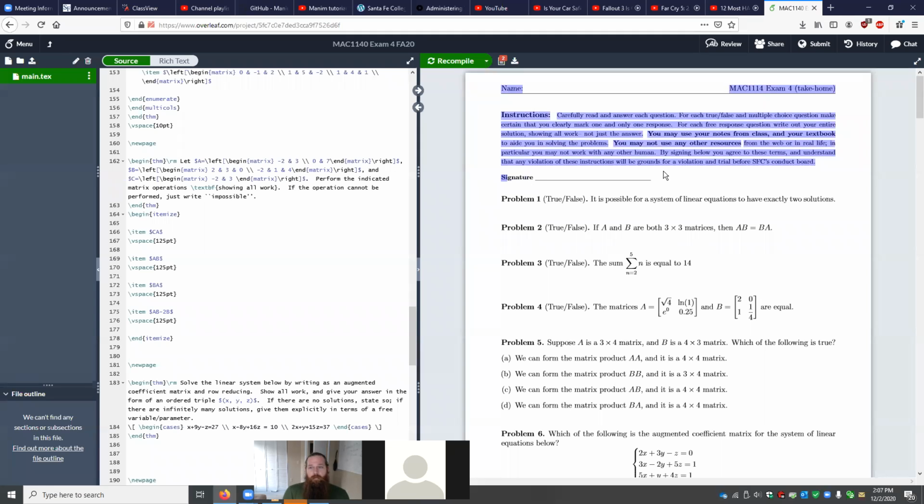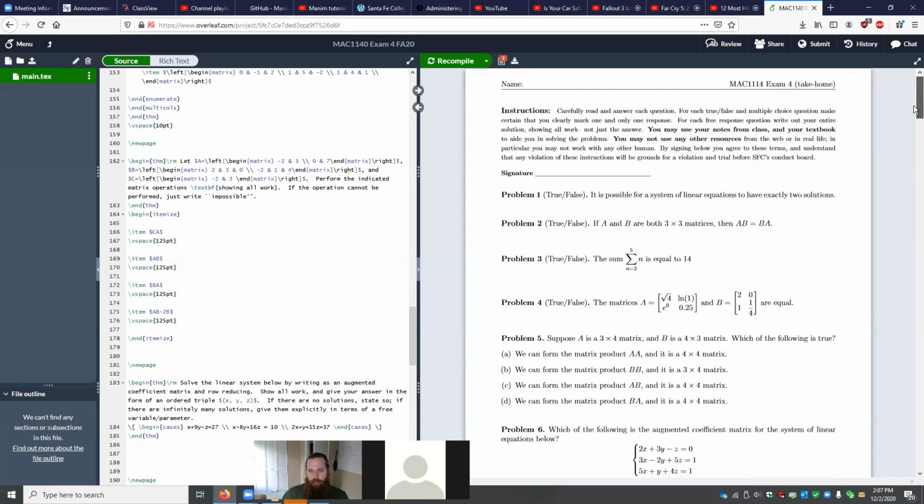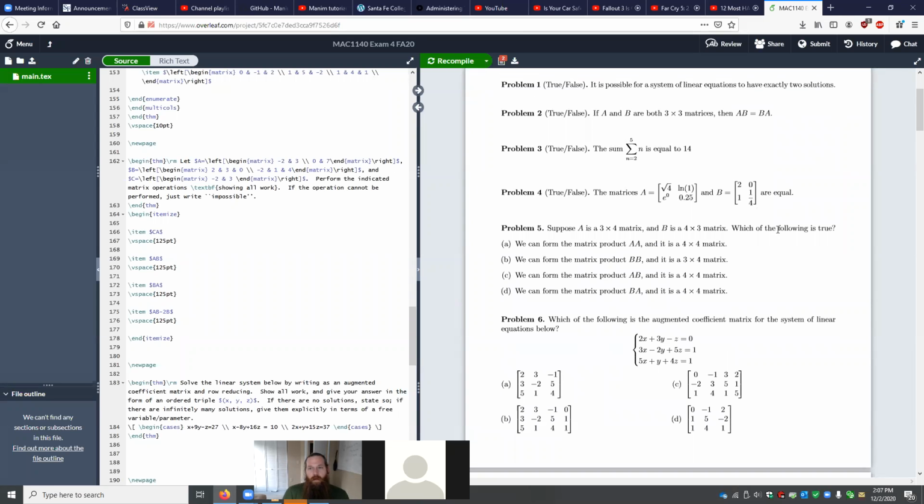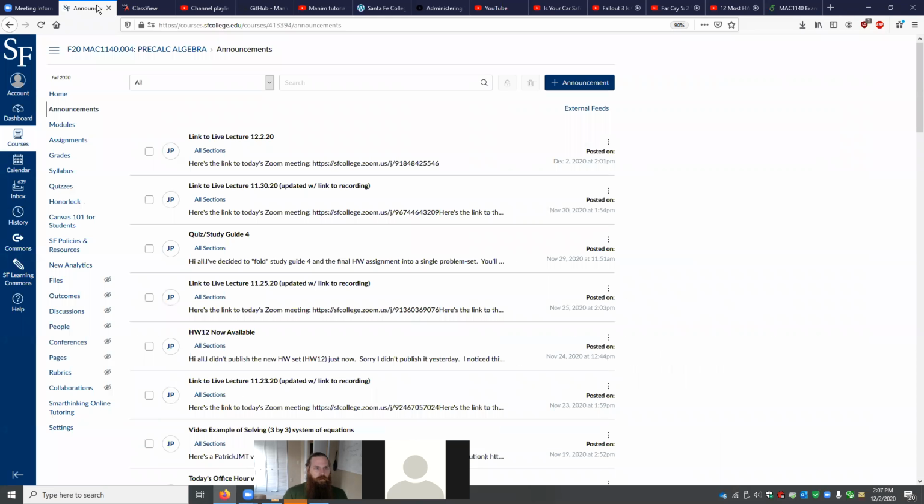I would like it if you guys would print this PDF, which I will be posting on Canvas, and work on the page. But if you don't have access to a printer, that's okay. You can write out the problems. Just make sure you write the problem numbers, and your answers and full solutions for the free response problems. Then you will be scanning and uploading those solutions to Canvas. So over here in assignments,